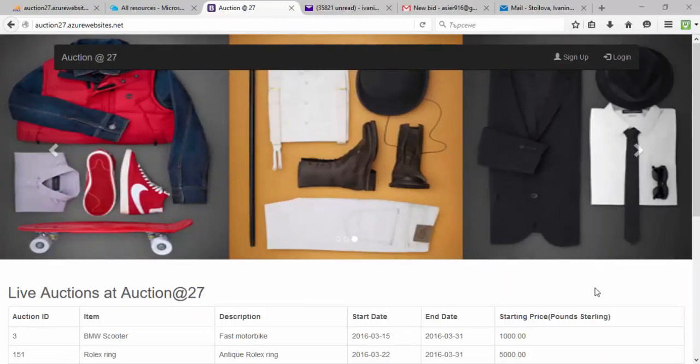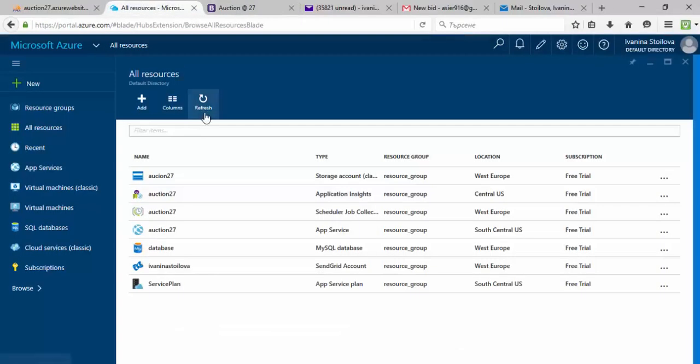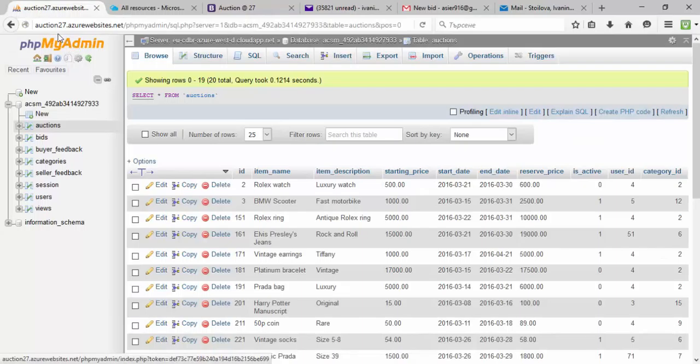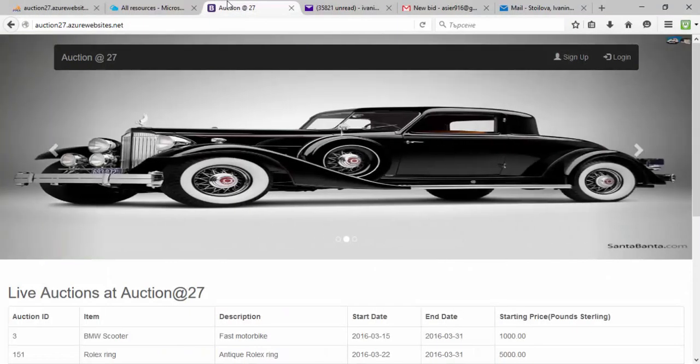Together we have developed a website with a significant backend component for an auction house called Auctionet27. We have hosted both the MySQL database and the website on the Azure web server, and we are managing the database through phpMyAdmin, which is also connected to the Azure web server. The database, together with the database schema and its structure, are discussed in more detail in the design brief component for this project. I'm now going to give you a demonstration of the interface and all of the functionalities and